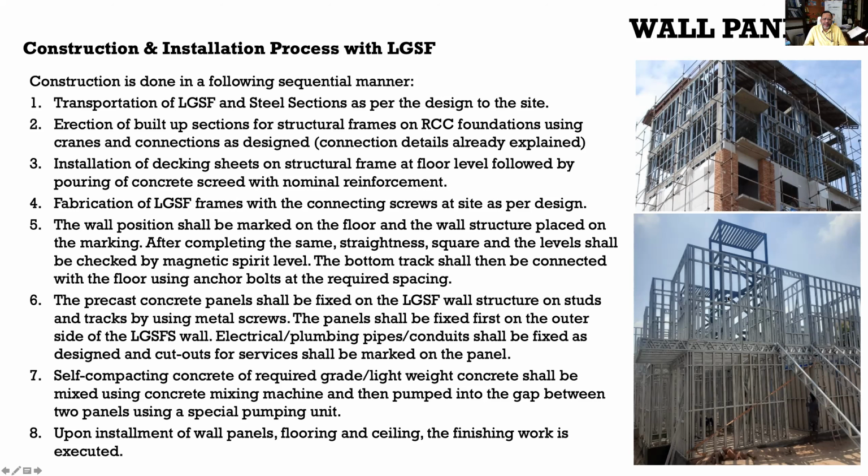Before fixing the panels on the outer side of the walls, you have to put all services as per your design. So electrical, plumbing services and other conduits need to be put in the cutouts of those precast panels, and then you put that panel. Once you have put all the services and those panels, you have to do the concreting of lightweight concrete,